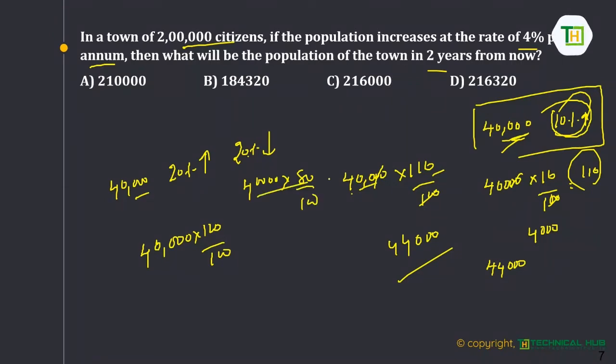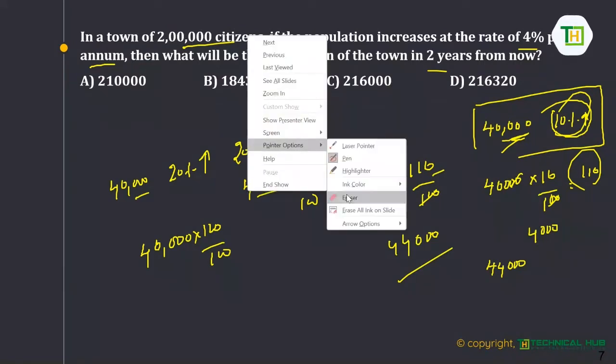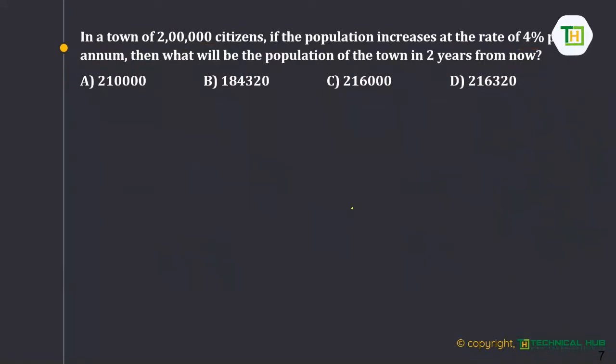Then if you see this question, what population is given? 2 lakh is given. Every year 4% increases. After 2 years, what is the population of the town? So 2 lakhs, and 4% increases means 104 by 100. If we calculate 2 lakhs into 104 by 100,